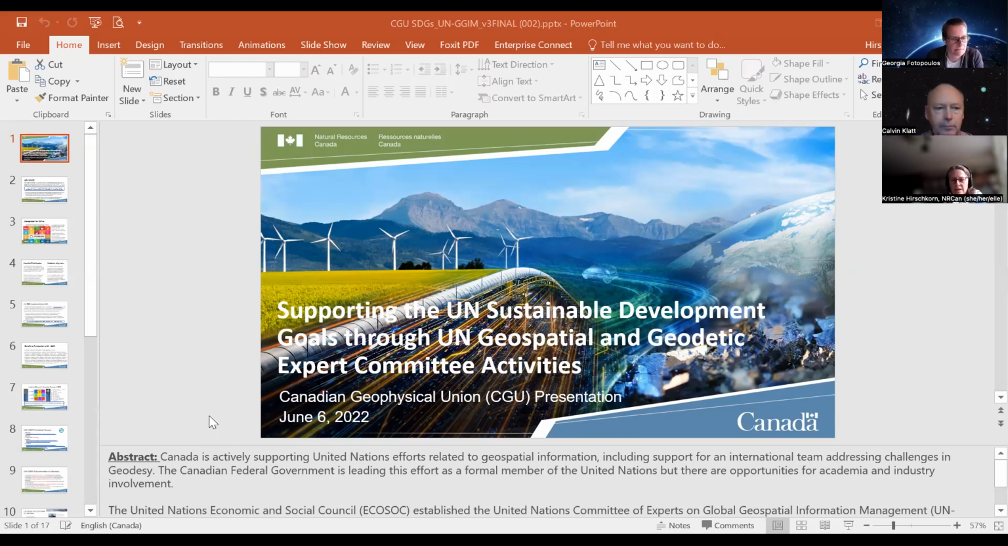UNGGIM is led by United Nations member states, who have the voting rights that drive the agenda of the committee. It's considered the apex government-driven global body for geospatial information management, and it encompasses a very wide range of geospatial domains. So obviously geodesy, but other things like land administration, marine, for example. And increasingly over time, we've seen that the UNGGIM has oriented its objectives and its work towards supporting the Sustainable